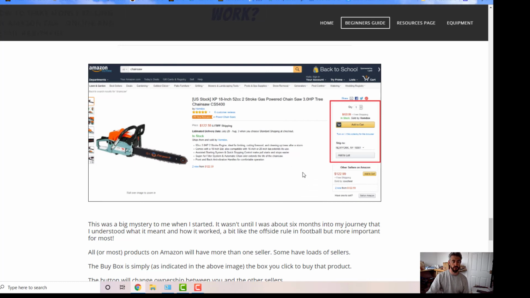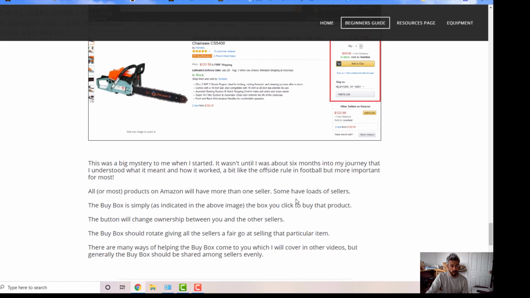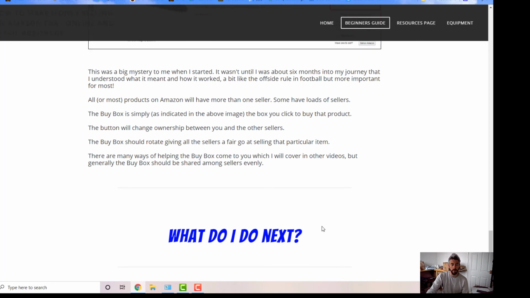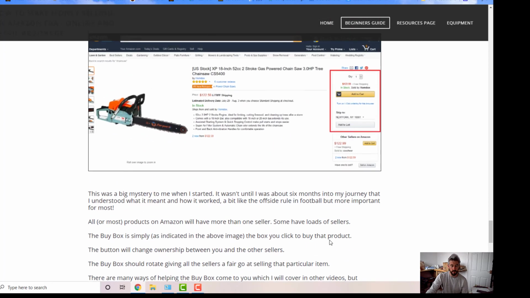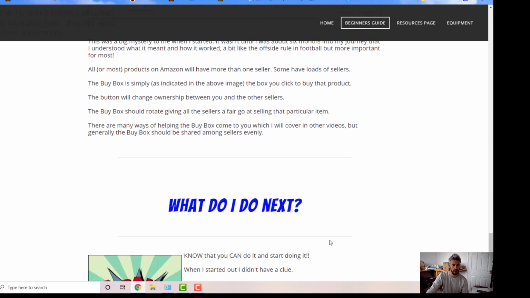There are many contributing factors to you getting that buy box. That could be as simple as whether your product is in a fulfillment center near that customer, or it could be that you are selling it fulfilled by Amazon as opposed to fulfilled by merchant, because that would mean the customer may get it quicker, and Amazon like that. It could be price, as I mentioned before. In some later videos we'll go into the buy box and ways of getting involved in that as well. But that's just a little overview of the buy box.